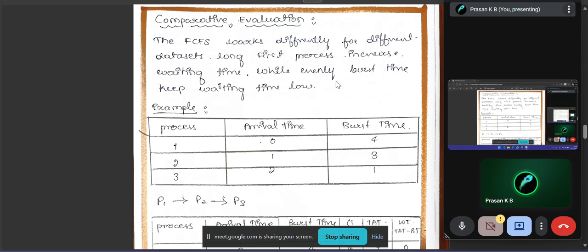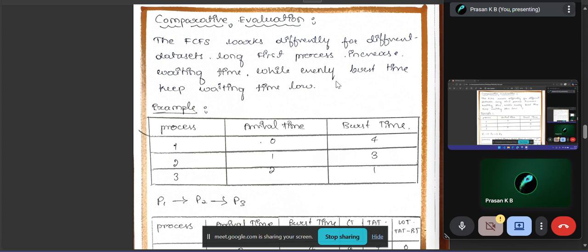Comparative evaluation focuses on analyzing the performance of FCFS against theoretical expectations and assessing its efficiency in different scenarios. By observing the calculated waiting times and turnaround times, the impact of process arrival order becomes evident. FCFS performs well when processes arrive in order or have similar burst times, but it becomes inefficient when long processes arrive before short ones. This comparison highlights both the strengths and limitations of the algorithm, demonstrating how scheduling decisions influence